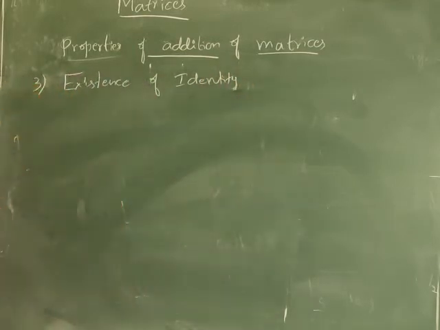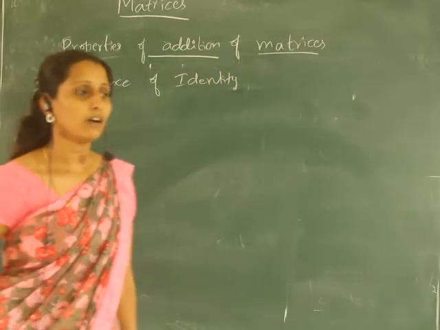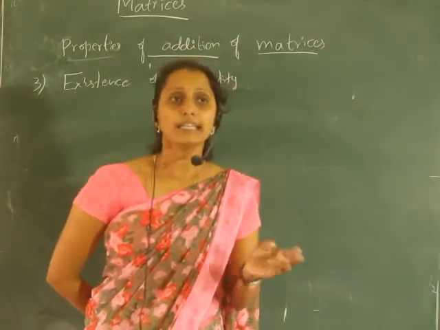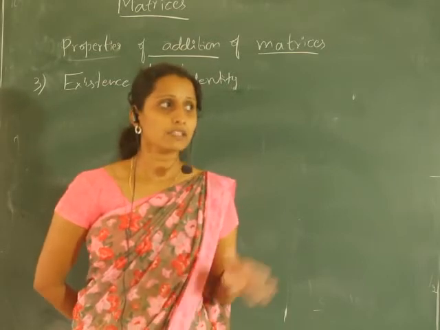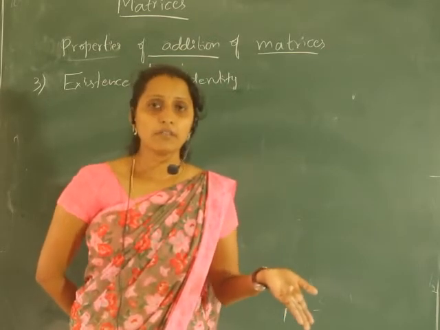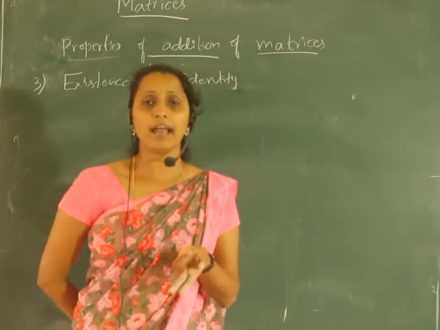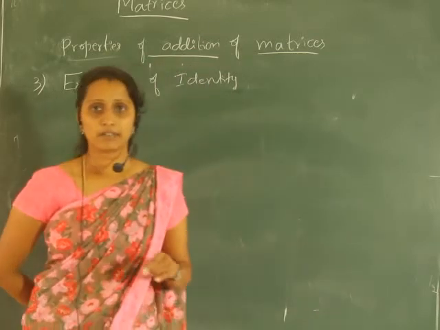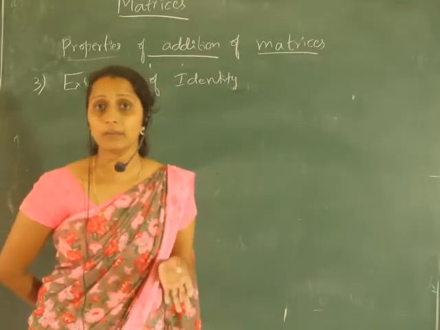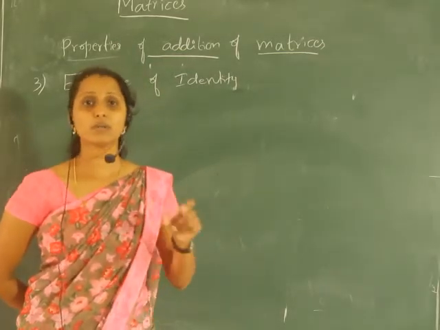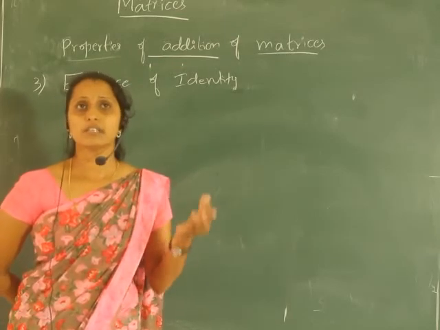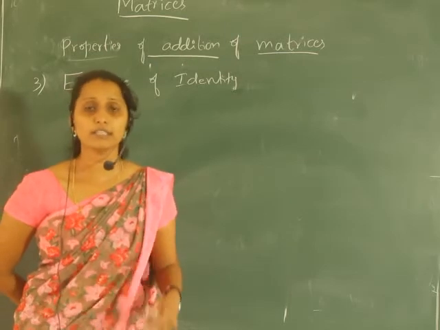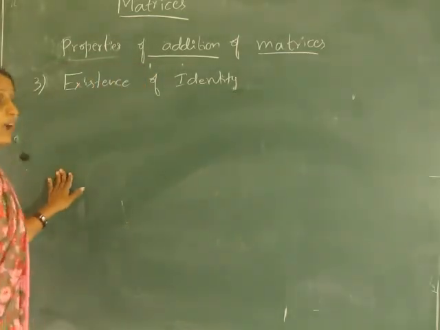Existence of identity. So what is existence of identity? In the set of real numbers, for any number, if we add one number and again get the same number, that is called the identity element. If it is 2 or 3, what is the number that when we add it to the number, we get the same number itself? When we add 0 to any real number, we get the original number itself. So 0 is called the identity element of addition in the set of whole numbers, integers or any such set, not in the natural numbers. So 0 is called the additive identity there.